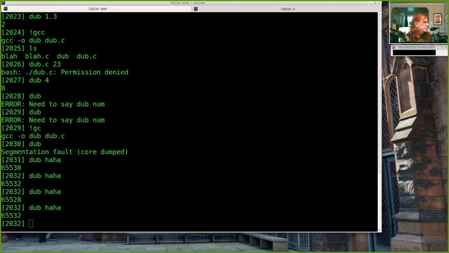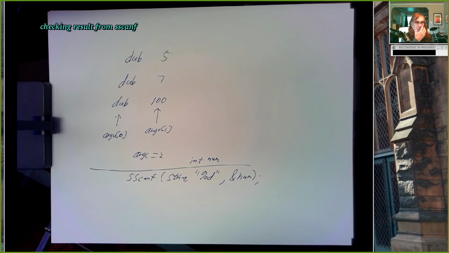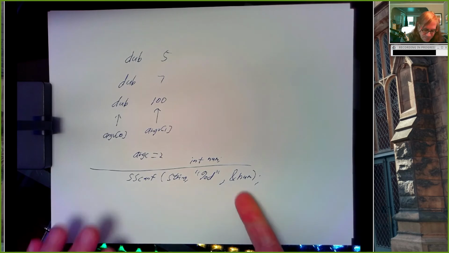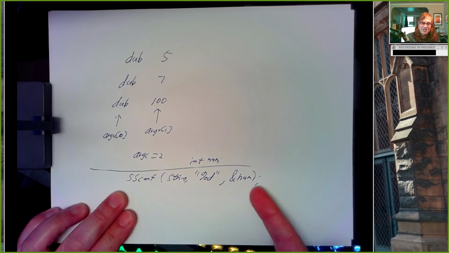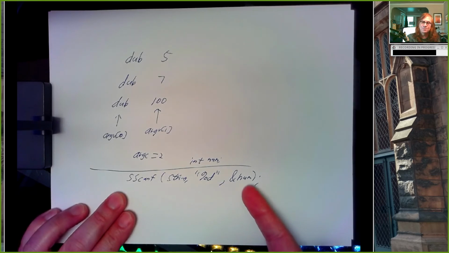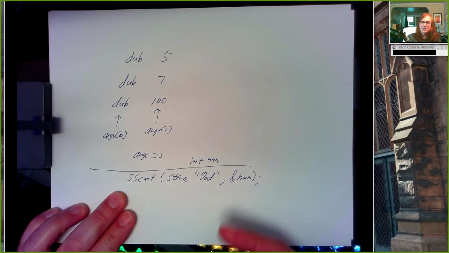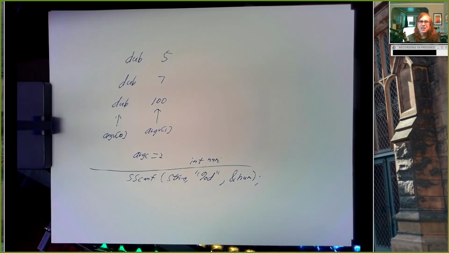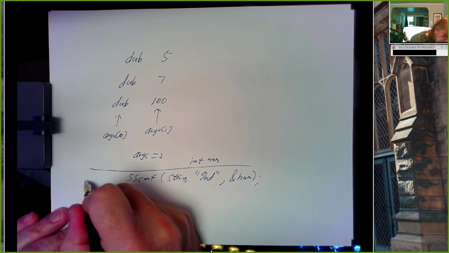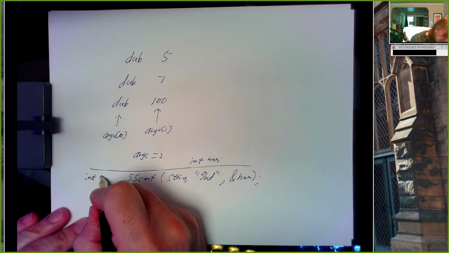All right, so we want to know if sscanf succeeded in converting an integer or not. Whatever I give in my string here, it will try to convert that as an integer and store the result in num. But how do I know if it actually succeeded? If there's a possibility that the string contains something like haha instead of an integer, how do I know what sscanf did? So it always returns an integer